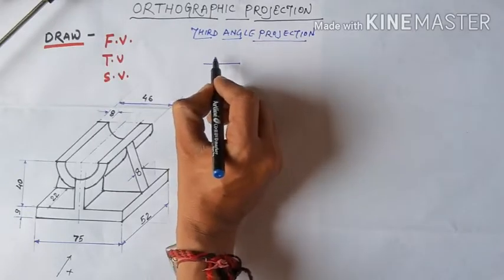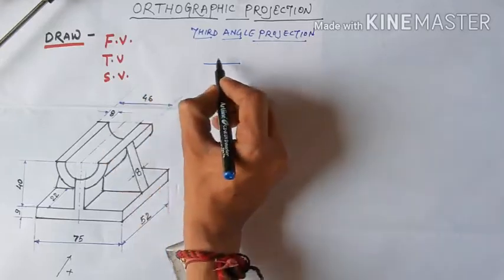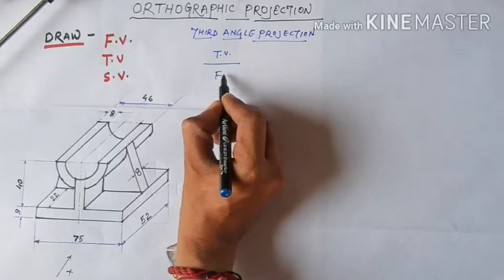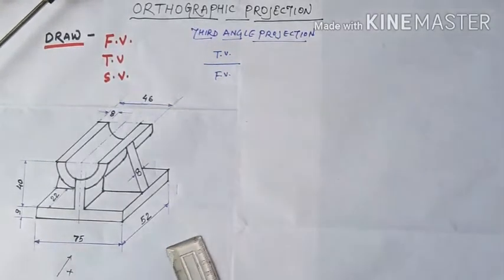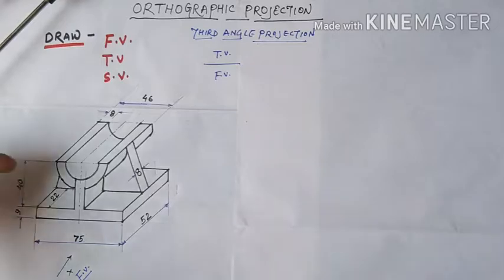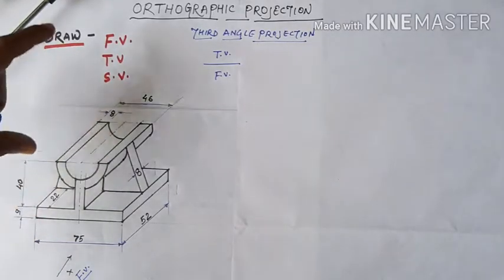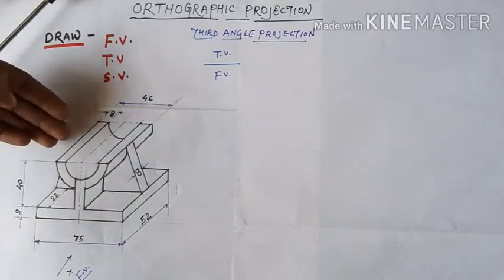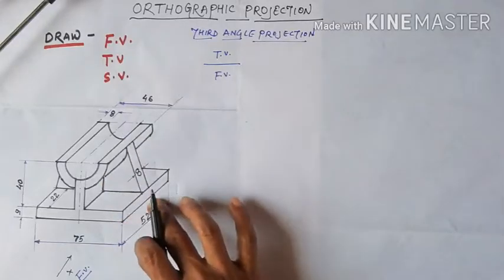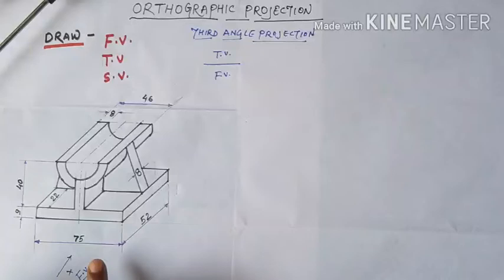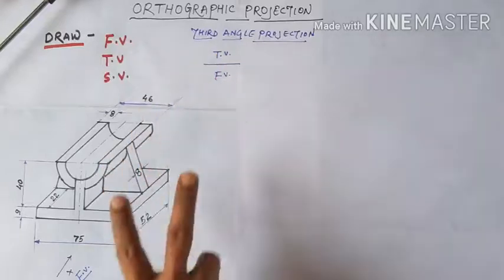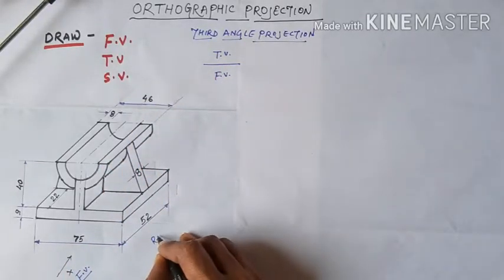Suppose this is your baseline. In the third angle projection method, the top view is always above, and just below you draw the front view. If we are talking about the side view, from this diagram you clearly see this shows the x direction, that means this shows your front view. From here we have nothing to see because we cannot clearly see the object from behind, but from this side we clearly see the side view. This is the right hand side view because my right hand is here.